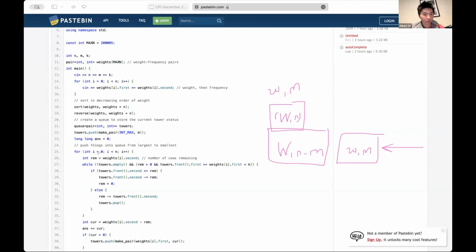So here we essentially iterate over all of our possible cows that we want to put down. We first have an integer saying the number remaining, and this would be essentially the number of cows remaining. And then after this, we have a while loop: while we still have towers left and cows remaining. This is essentially checking: do we have towers? Do we have cows? And is the balance condition satisfied? And then if all these three things are true, then